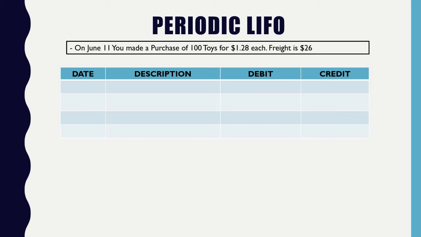You made a purchase of 100 toys at $1.28, and freight is $26. Date, June 11. Purchase expense, debit, $128. Good. Freight expense, $26. Accounts payable,